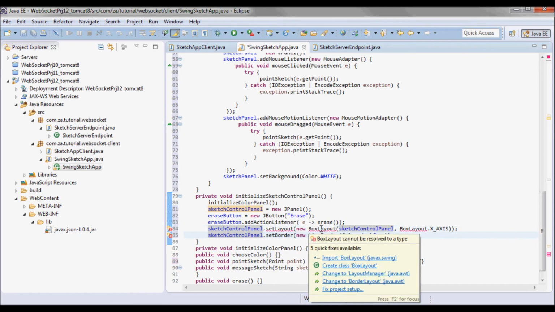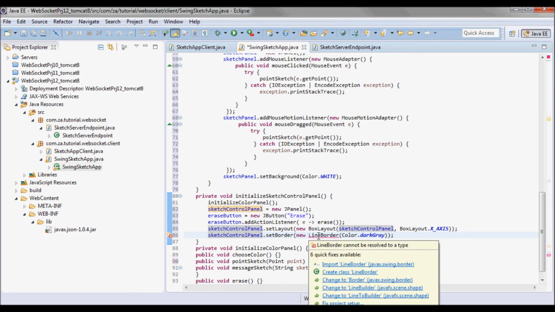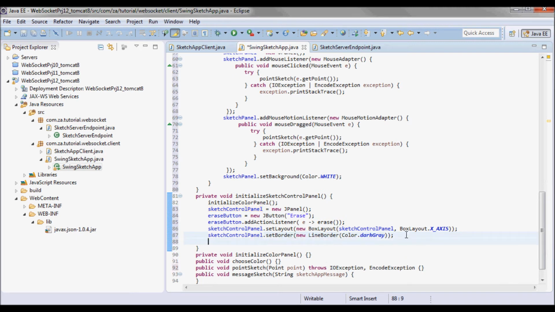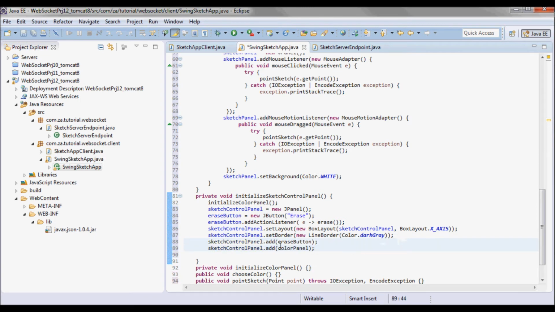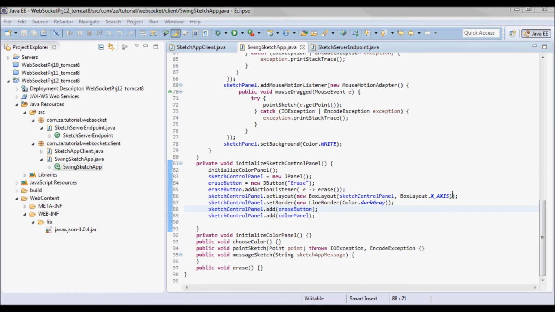So the layout will be a BoxLayout, and the border will be a LineBorder. And I'll add both the erase button and the color panel to this sketch control panel.